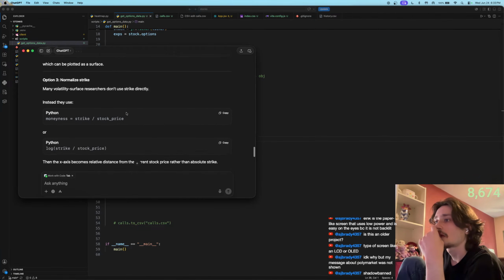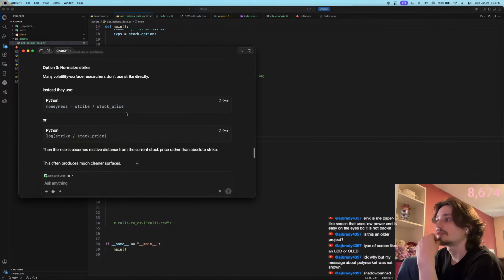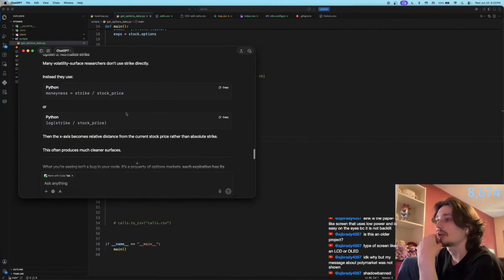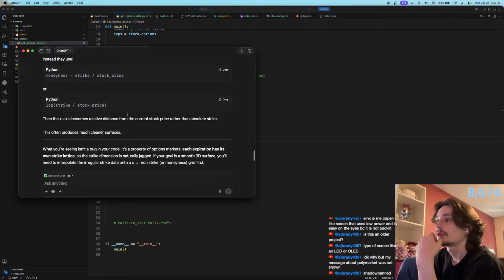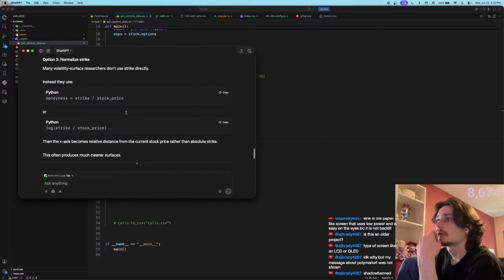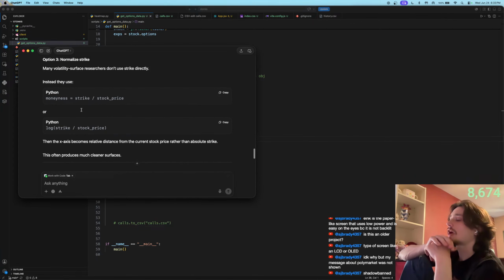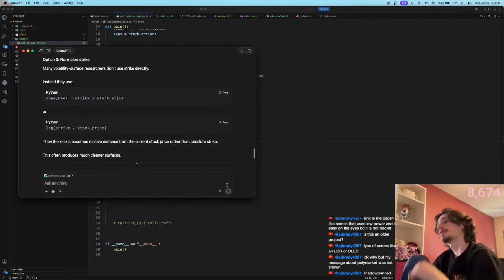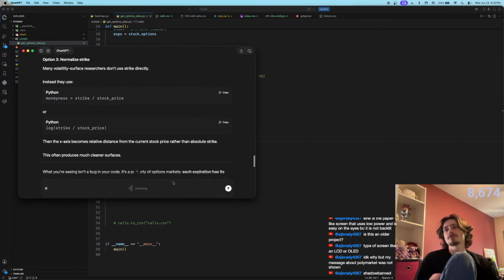Moneyness. The x-axis can be relative distance from the stock price rather than the absolute strike. That also produces much cleaner surfaces. Oh, they do strike over stock price? Okay, interesting. So the option 3, normalizing strike by dividing strike by stock price or taking a logarithm of strike over stock price, how does this then uniformly distribute the stock price dimension